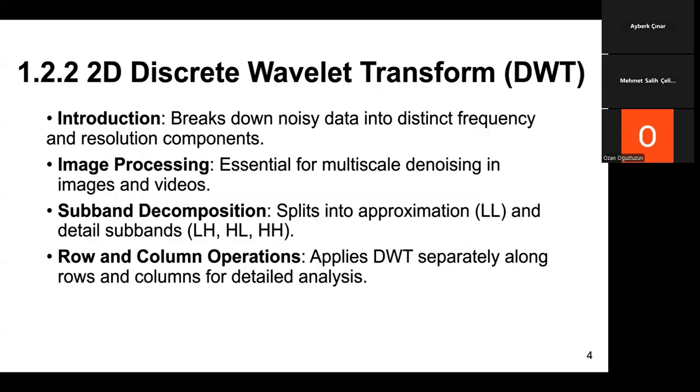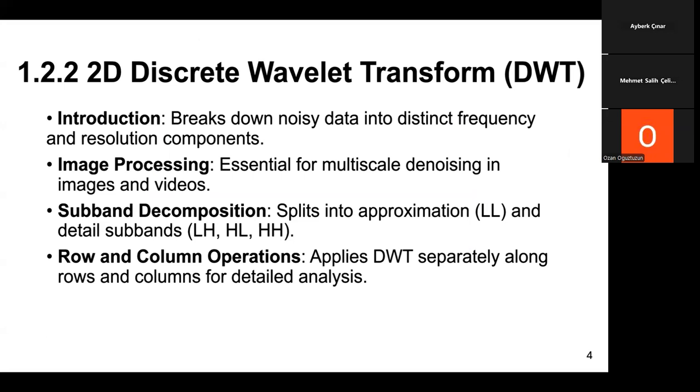Then we use a technique called the 2D discrete wavelet transform. This method breaks down the noisy data into different frequency and resolution components. The 2D discrete wavelet transform is mainly utilized for image and video processing, which is the key part in multiscale denoising. Similar to the 1D discrete wavelet transform, the 2D discrete wavelet transform decomposes an image into various subbands having different resolutions